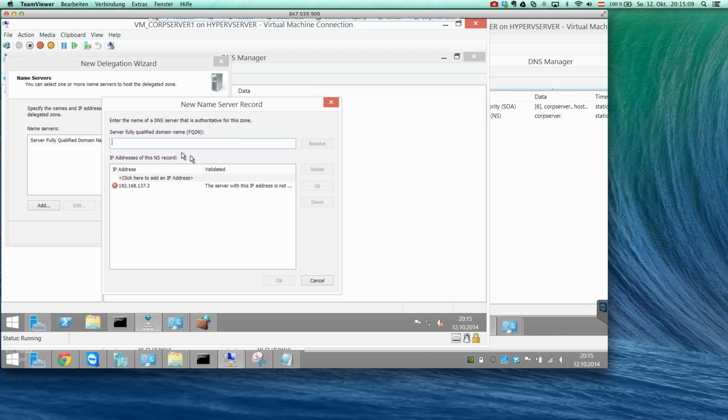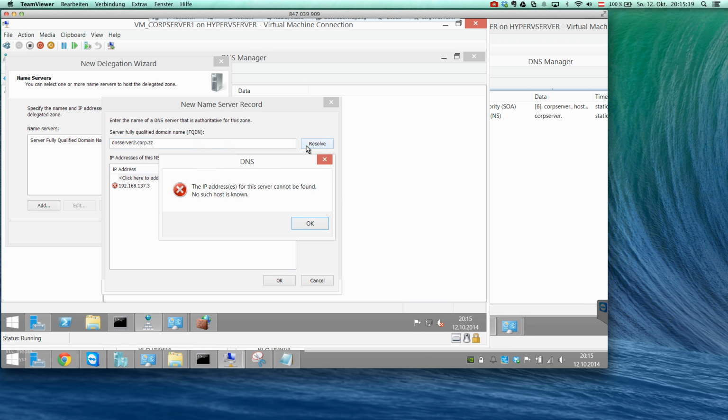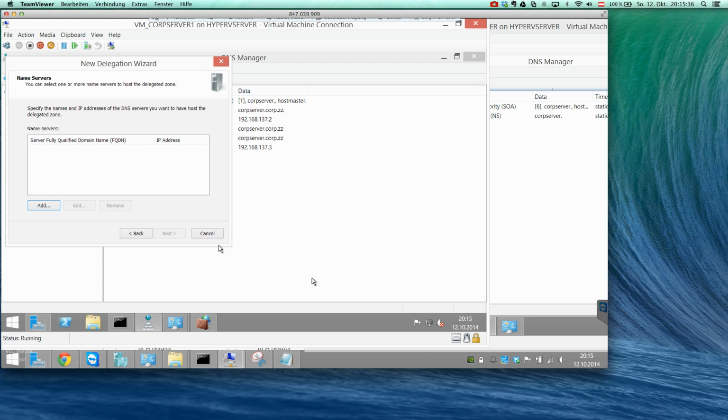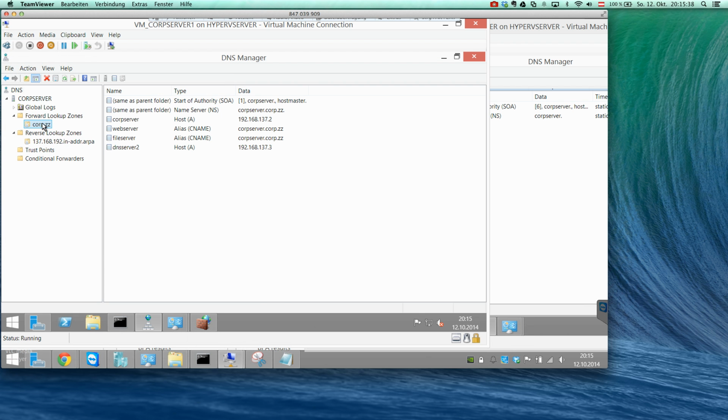Sometimes, like in this example here, it doesn't work if I enter DNS server 2.corp.zz here, but it works if I enter the IP address here. If I enter the IP address, I get the message, this server with this IP address is not authoritative for the required zone. So I cancel this and